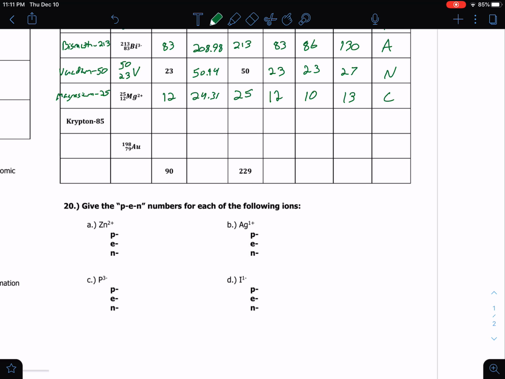Zinc has an atomic number of 30, so there's my number of protons. My electrons, if this was neutral, would be 30. But since I have a positive 2 charge, that means I'm missing 2 electrons, so that's going to be 28. And my neutrons is going to be,